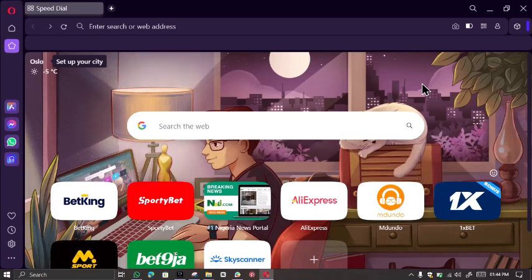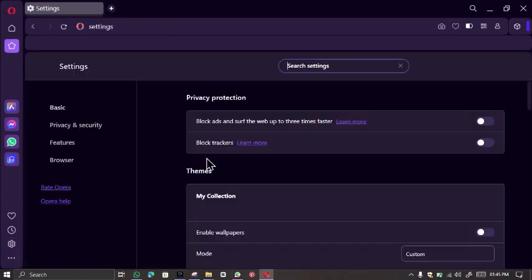So it's quite simple. From the browser home menu, look at the sidebar at the left. Now you see the settings icon. In case it doesn't have one, you can check out a video on how to add settings icons to your sidebar on Opera GX. So once you're there, after watching the video, just pause this video right now and go watch that video, how to add settings icon to sidebar on Opera GX. And once you've watched it, please follow the instructions, and then you come back to this video and we're going to continue from there. So once you've done that, you click on the settings icon, and the next thing you're